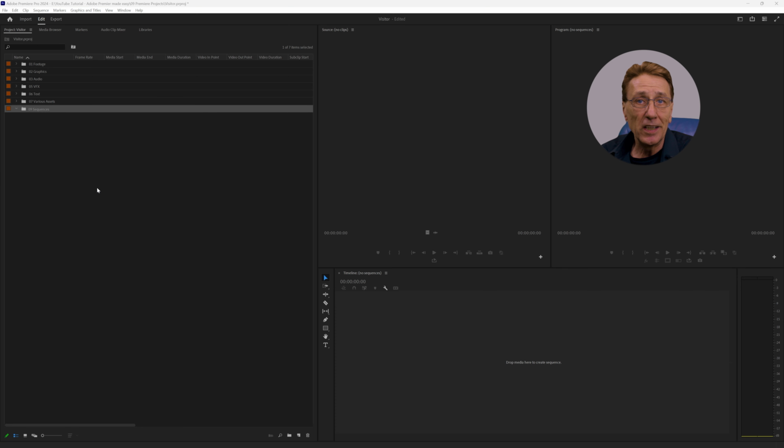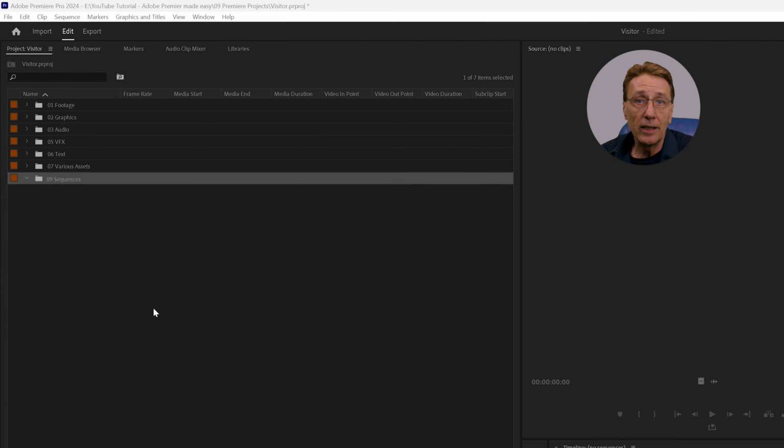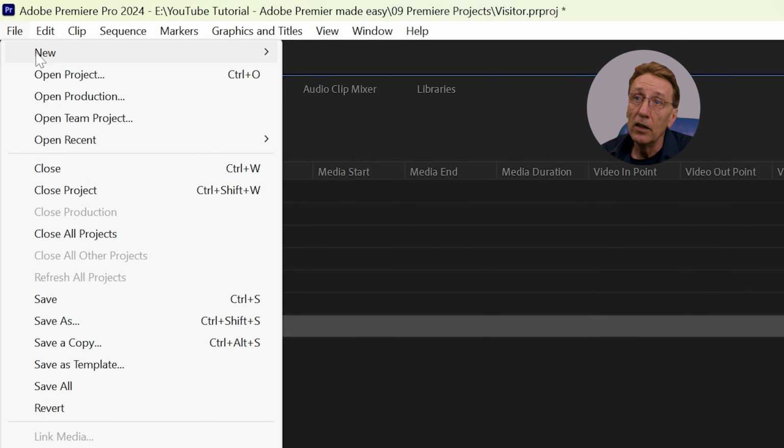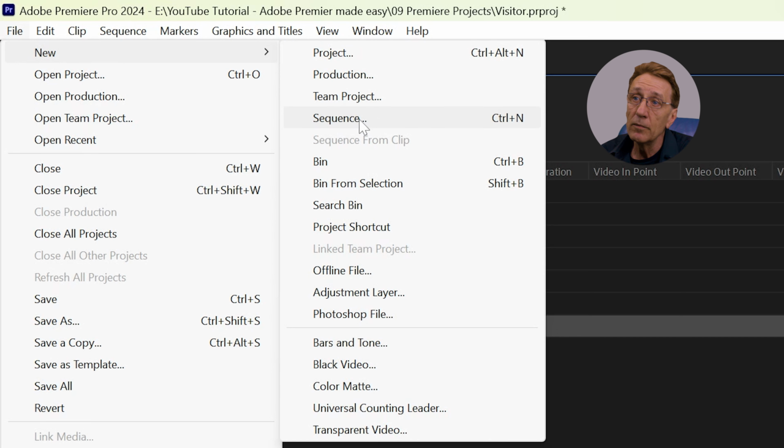As always in Premiere, you have various ways to create a new sequence, like there were shorter ways to create a new bin. But let's take the long way and click File, New Sequence. These three dots indicate that there are more steps to go before finishing this task. And Premiere also shows you the associated shortcut Ctrl-N.